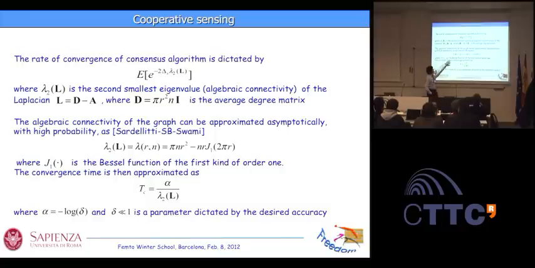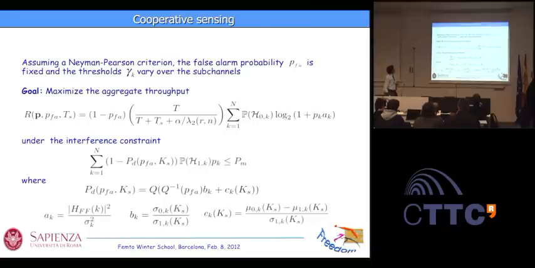So what we may say is that once we have this lambda 2, the convergence time of this simple cooperative scheme is essentially inversely proportional to the algebraic connectivity. So we have a simple way to tackle the convergence time of this cooperative mechanism. Okay, now we are close to the formulation. We are trying to put all the ingredients of this complicated cake together. So I put in cooperation. Now I need to talk about the mechanism to find the thresholds.